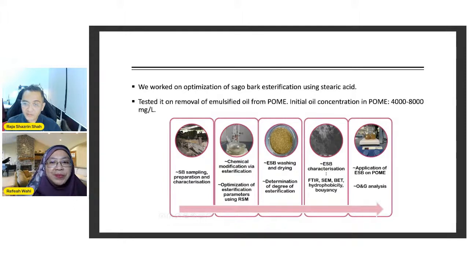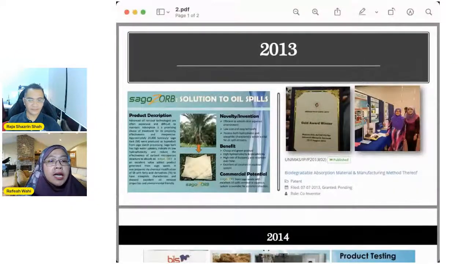Okay, all right. So I see a lot of big words, a lot of big machines that you have there. You have your FTIR, SEM, BET. So the university has invested heavily in this kind of research as well. I'm wondering, what kind of acceptance are we getting from the international scientific community in terms of this kind of research? All right. If we look at the papers published in recent years for research related to oily wastewater, this is actually an important topic.